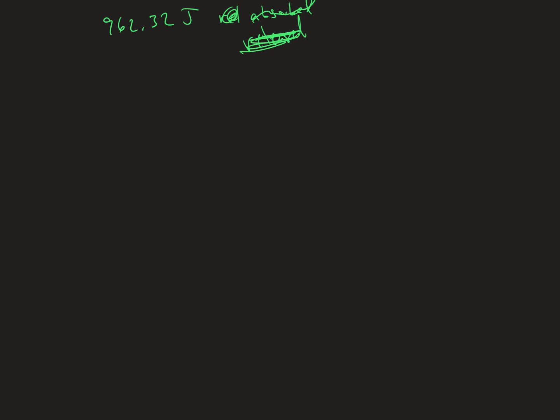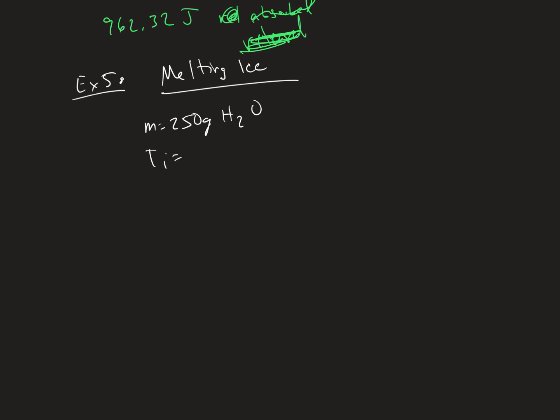Okay, let's do another example. Example 5. So, melting ice in water. We have a flask that contains a mass of 250 grams of water at an initial temperature of 20 degrees Celsius. And if we add 8 grams of ice to the flask and let it reach equilibrium,